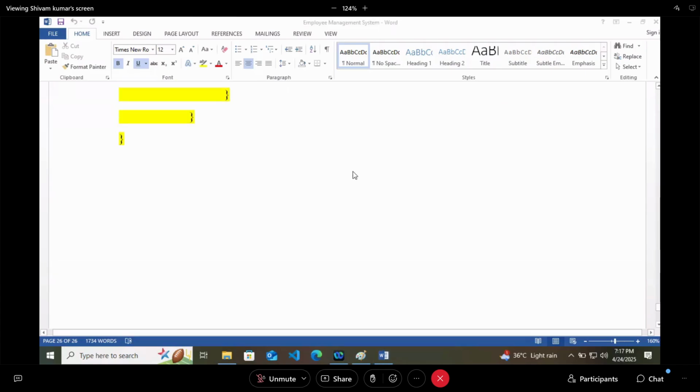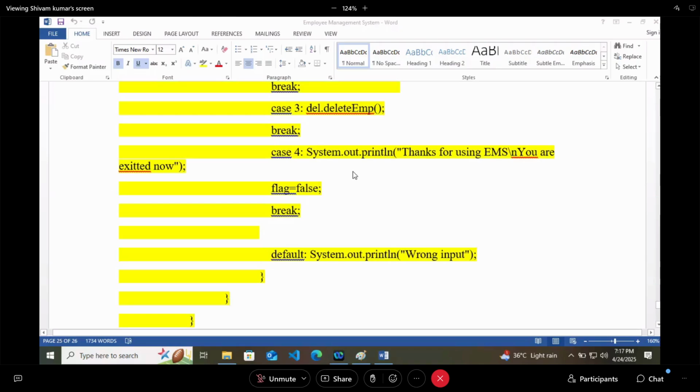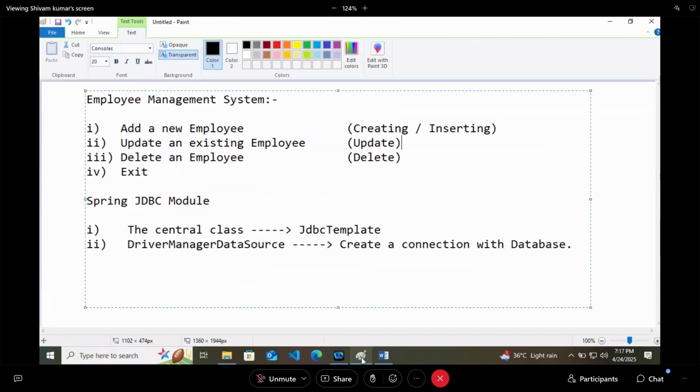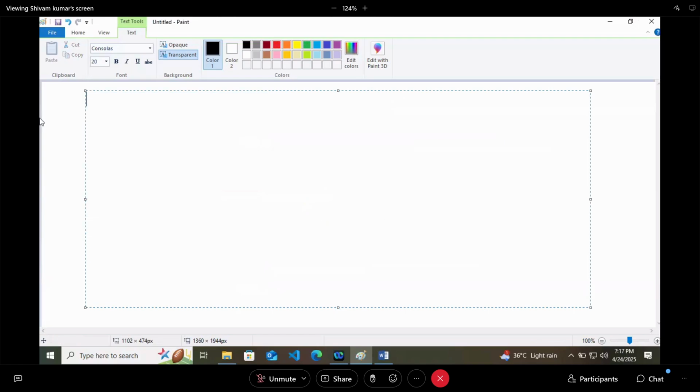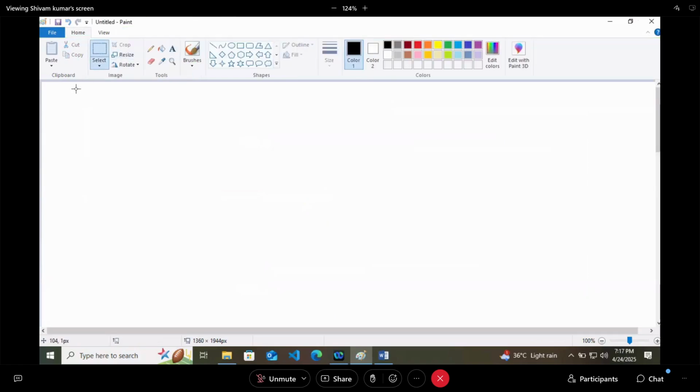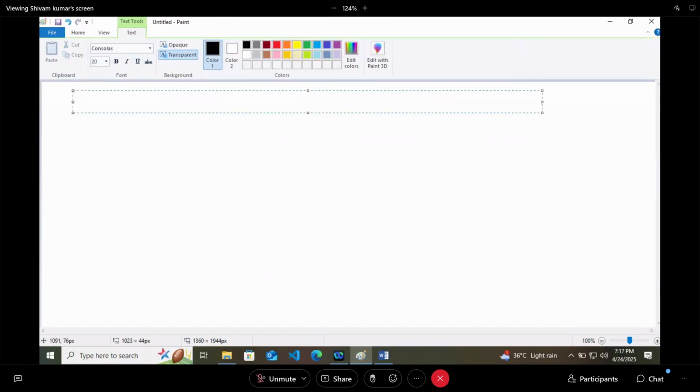Okay. But before reading the data, let's understand why we are focusing so much on this particular part. We are going to discuss reading data in Spring JDBC.